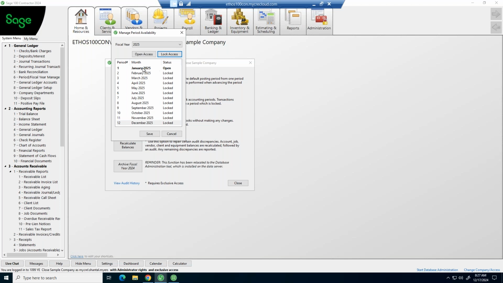And we advance to January 2025. Sage thinks we're now in 2025. But if we're still working on December 2024 close and you're a user that doesn't put in the year, Sage is going to put it as a 2025 year. If I put in 12/24 and I don't put in 24, that's where I want it to go. Sage will automatically put it in 25 because it thinks I'm in 25 because January is my new default. So just pay attention to that. And if you lock December down, that won't happen. The user won't be able to accidentally post into December